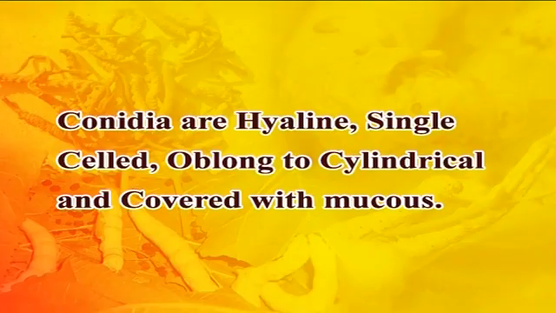Hirsutella muscardines. The causative fungus Hirsutella saturnalis characteristically produces synnemata which bear lateral phialides. Conidia are hyaline, single-celled, oblong to cylindrical and covered with mucus. The fungus is pathogenic to early instar silkworms. Black spots appear on the integument of the infected larvae just after death. Long synnemata are produced from the dead larvae.